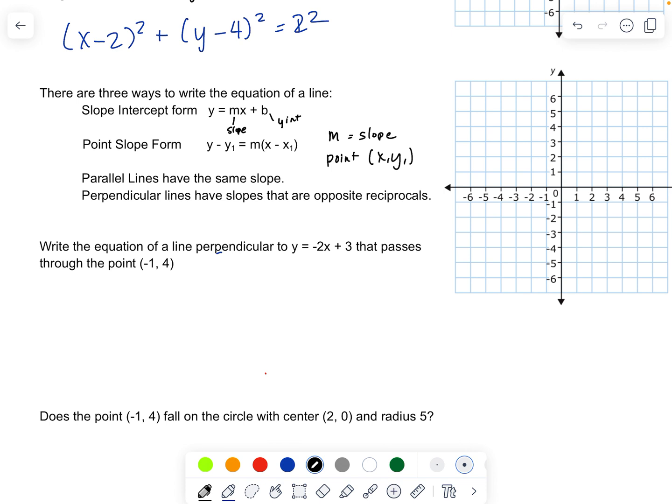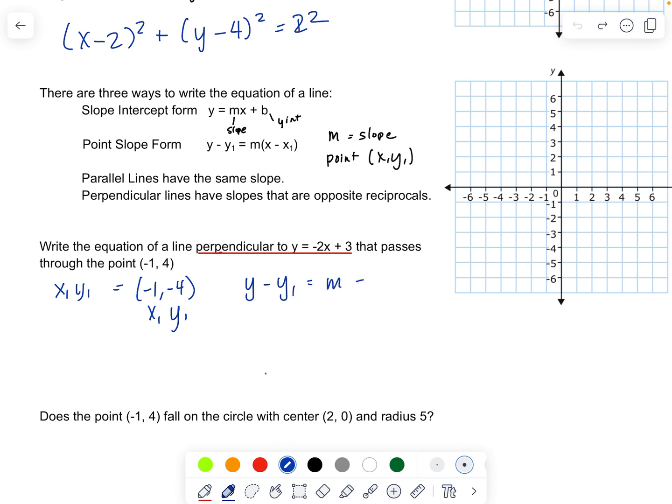So this question says, write the equation of a line that is perpendicular to y = -2x + 3 that passes through the point (-1, 4). Now, ultimately, I'm going to use point-slope form to do this because I have a point. The point that I have, (x1, y1), is equal to (-1, 4). So that means that -1 is the x-coordinate of my point, and 4 is the y-coordinate of my point. So if I'm using point-slope form,